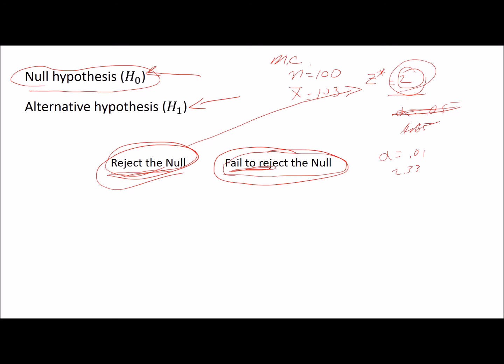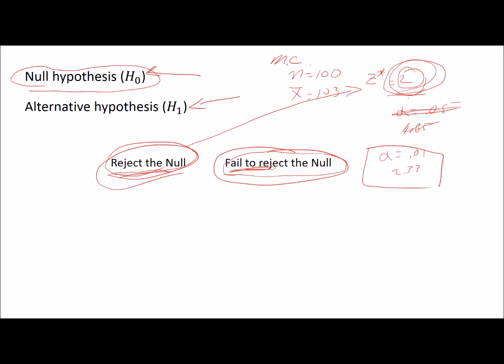Now, in this particular case, with the data that we were looking at in the example, yeah, it looks like we're going to reject the null. We might present that based upon an n of 100 and a mean of 103, comparing it to the population at large, which is a mean of 100 and a standard deviation of 15. We're going to reject the null. Mercy College students seem to be smarter than the average person. However, we might be right, but we could also be wrong. The same way, let's say we're going to go with this level of significance, and this again is still our z statistic.